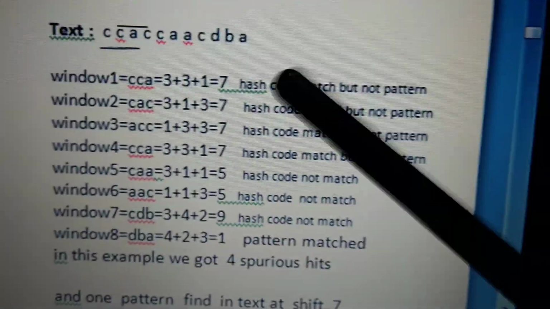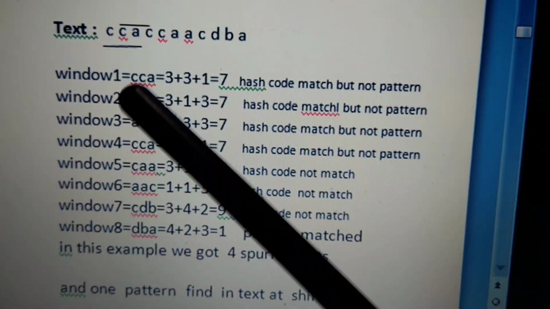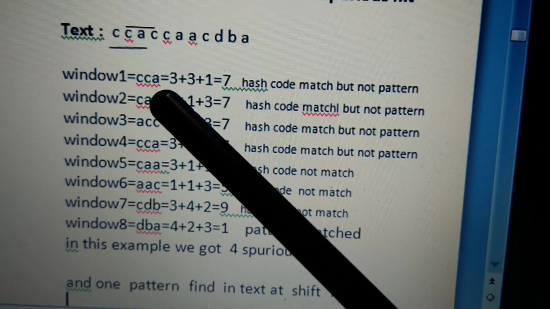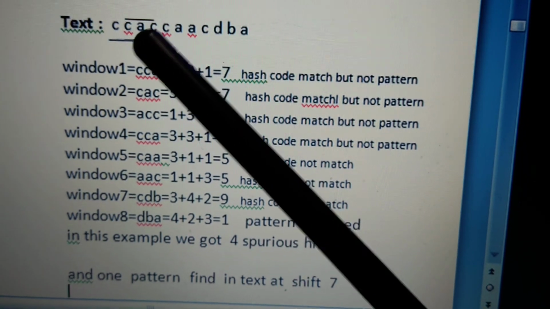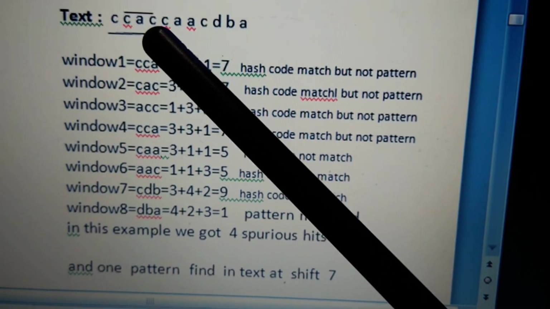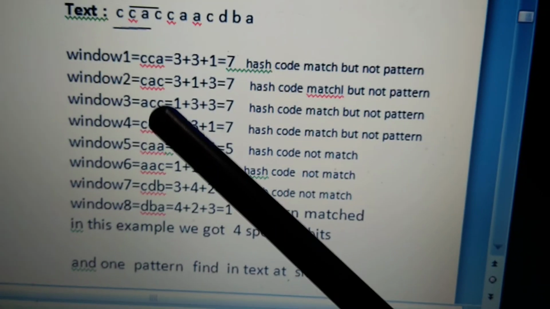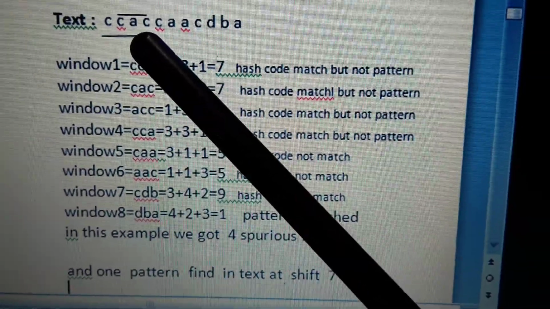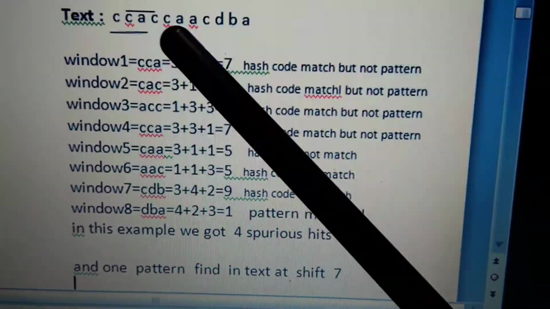In window 1, the characters are CCA, the first 3 characters. Window 2, go to the second character onwards, 3 characters, CAC. Next window 3, from the third character, 3 characters, ACC.